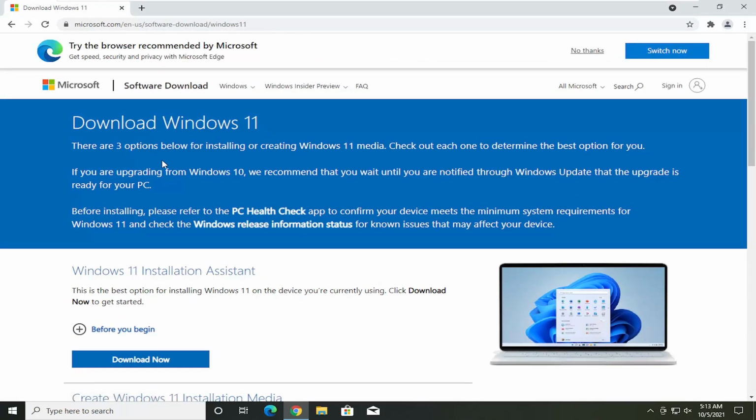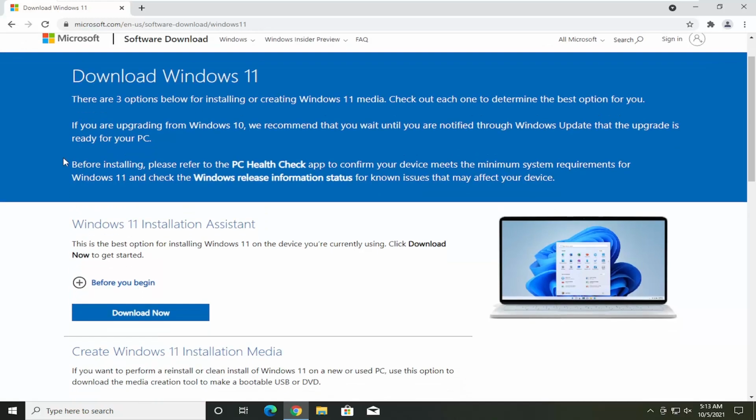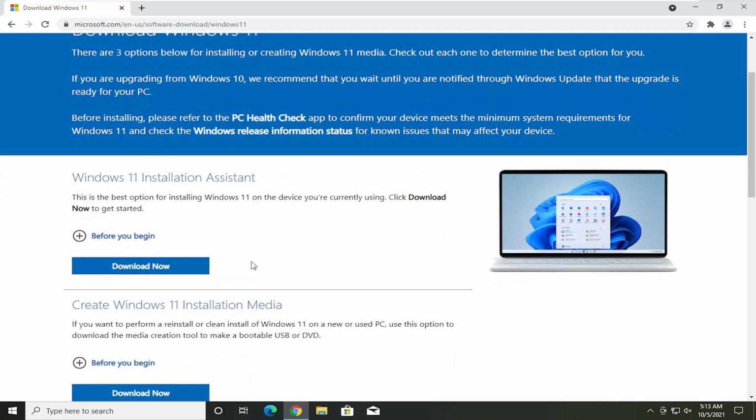So you can see right here, it says download Windows 11. There are three options below for installing or creating Windows 11 media. Check out each one to determine the best option for you. If you're upgrading from Windows 10, we recommend that you wait until you're notified through Windows Update that the upgrade is ready for your PC. So basically they're just throttling the updates for right now, just so that not everybody's getting updated at the same time. They're doing a phased rollout. I believe they're looking to get that finished by early next year. But if you want to get your hands on it right now, we're going to have to just download the